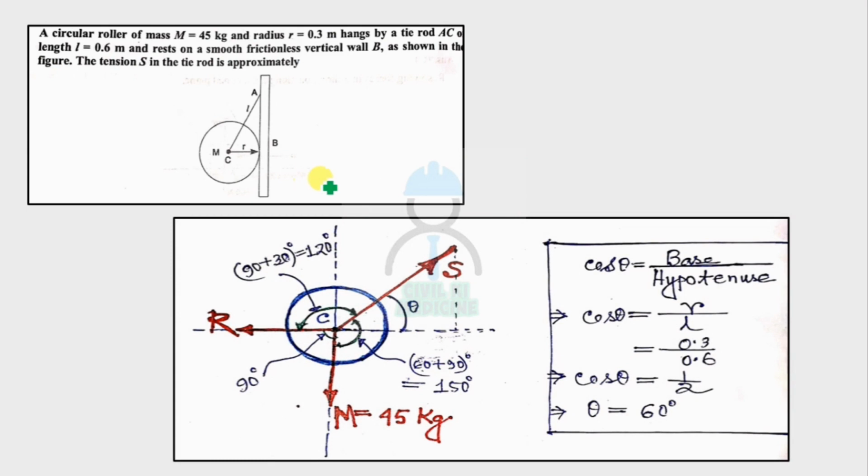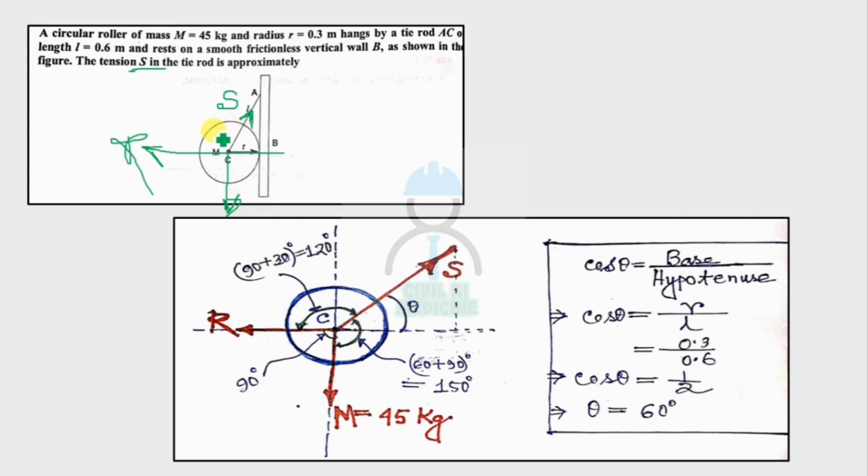So the free body diagram will look like this, because in this case here will be a tension S. Generally we denote the tension by capital letter T, but in the question it is asked S, so I am using S. So here will be a tension S and the weight of the ball will be directly perpendicular downward, and due to this wall there will be an outward reaction force, suppose R.